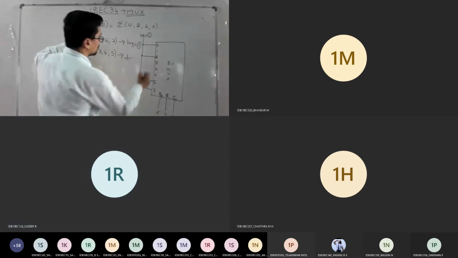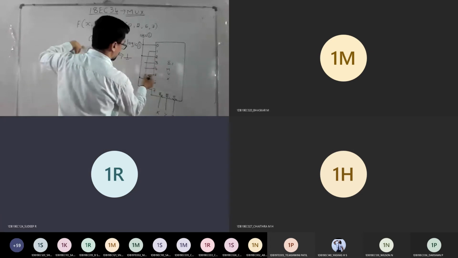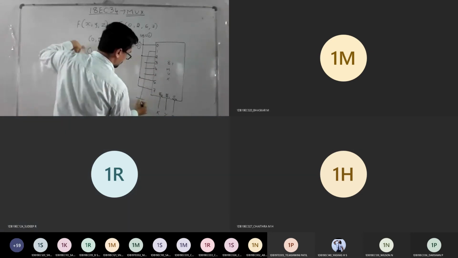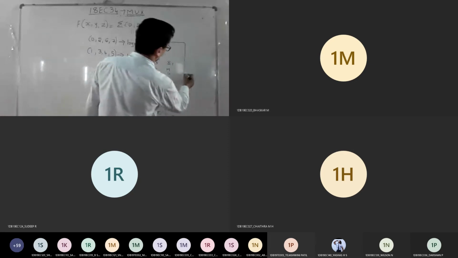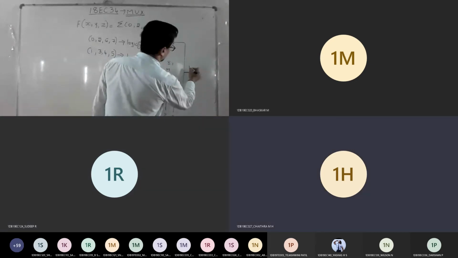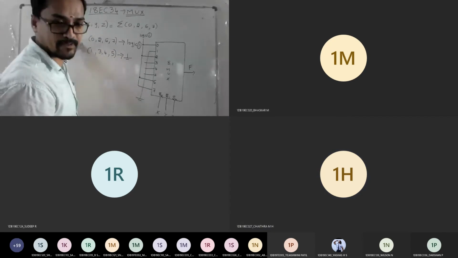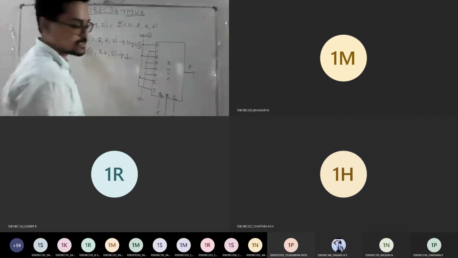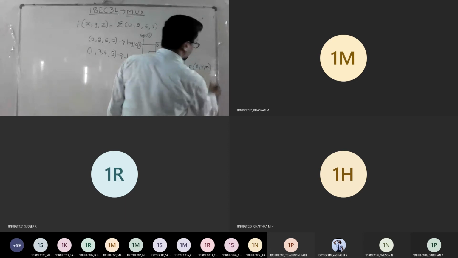So how about the remaining ones, 1, 3, 4, 5? They should be given to ground. How many outputs do you have? 1 output. So output is represented with your function f. What is your output? Function of x, y, z.